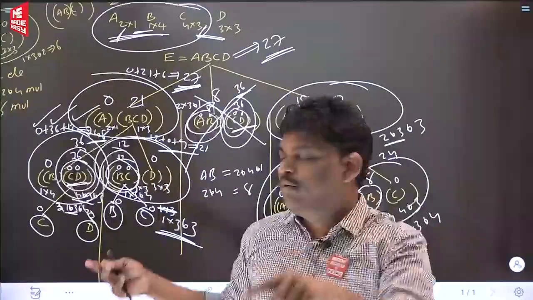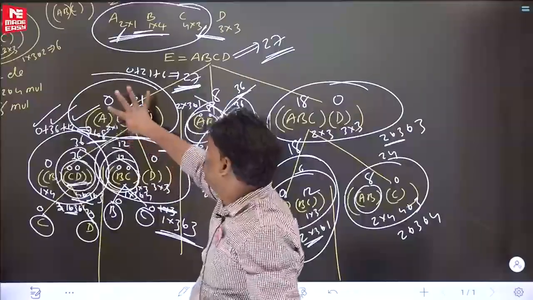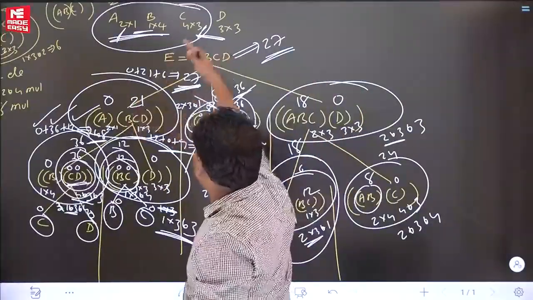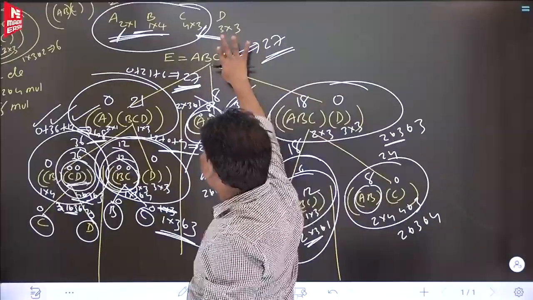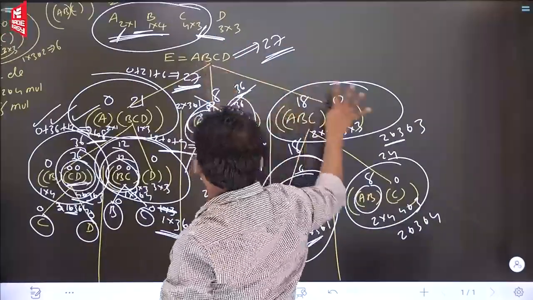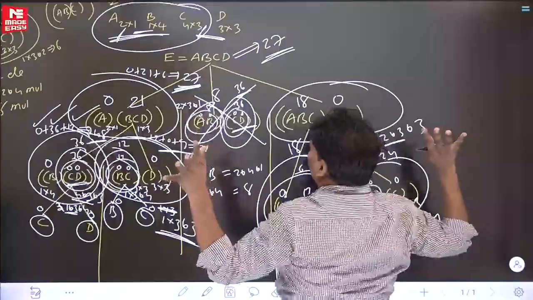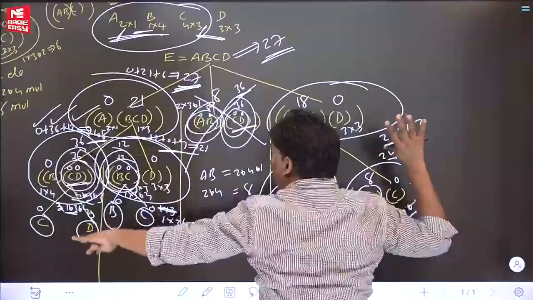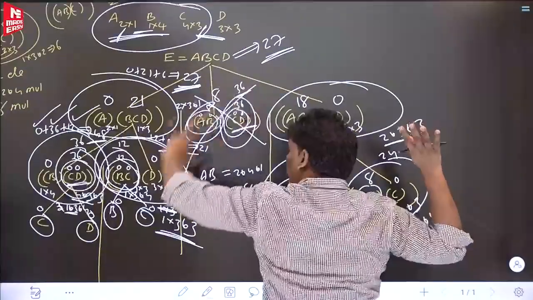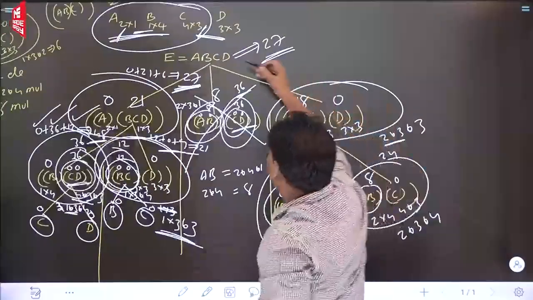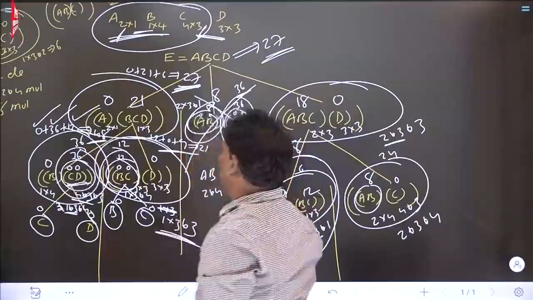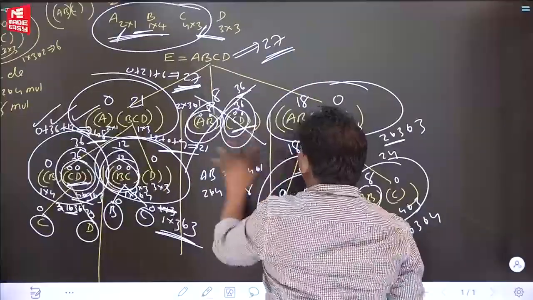But here, 4 matrices. See this one: this is one way, this is one more way, this is one more way, which will go to a ternary tree. If n matrices are given, approximately an n-ary tree will come. Matrix chain multiplication of 4 matrices will generate a 4 level ternary tree. Suppose n matrices, n levels, approximately an n-ary tree will come. Please remember. And one more, many things are repeating also.